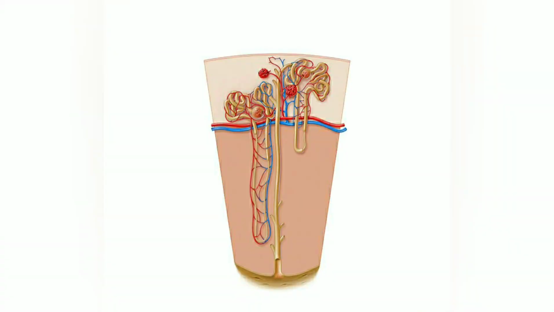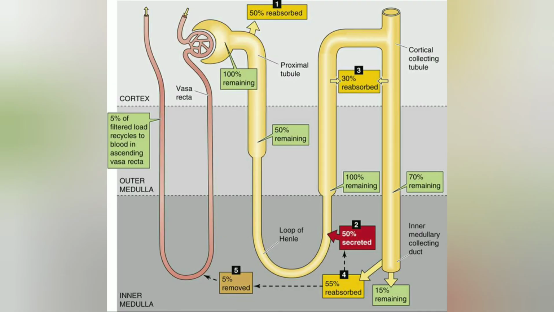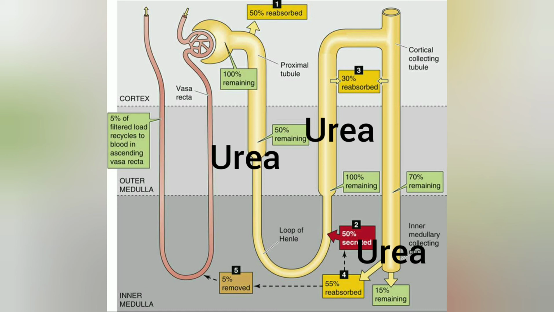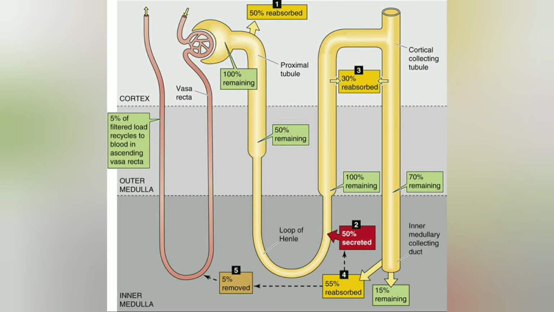Thus, you can say the same urea is transferred again and again between the renal tubule and tissue fluid of the inner medulla. This part where the urea transfers again and again between the renal tubule and tissue fluid of the inner medulla is called urea recycling. It is operated for more and more water reabsorption from tubular fluid, thereby excreting small volumes of concentrated urine.